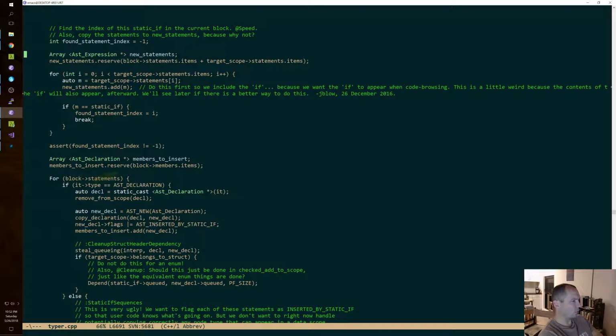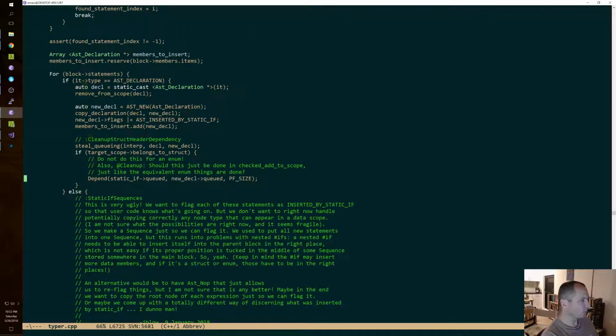Okay, all this looks good down to the top of this next loop. Okay. So if it's a declaration, we copy it, we say it's inserted.